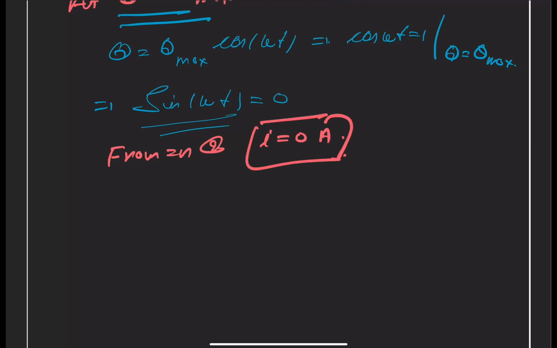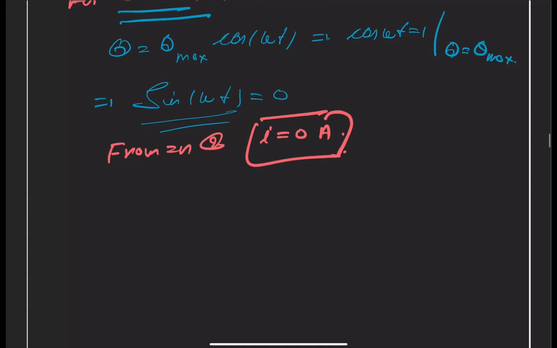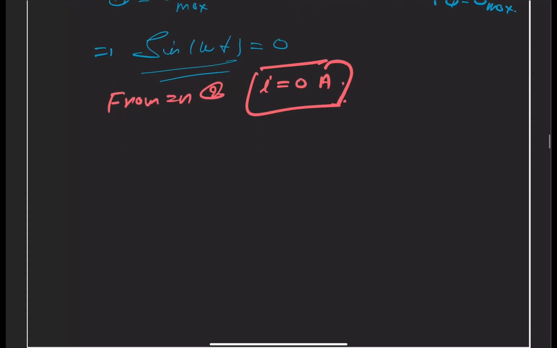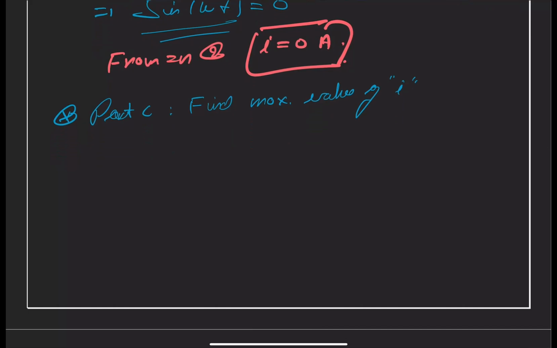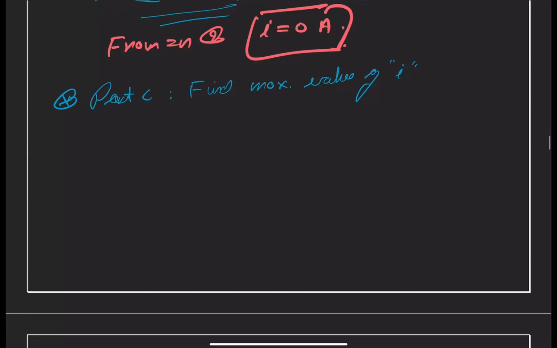Now we come to the C part, and in part C we have to find the maximum value of I. Now maximum current occurs when Q is equal to 0. You can say from here the maximum current occurs